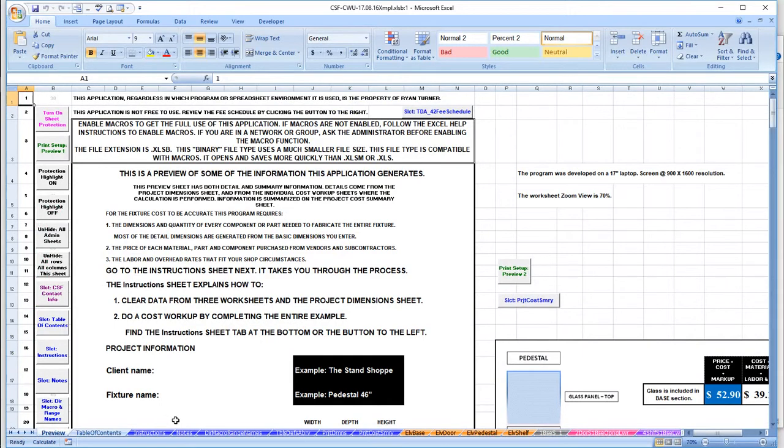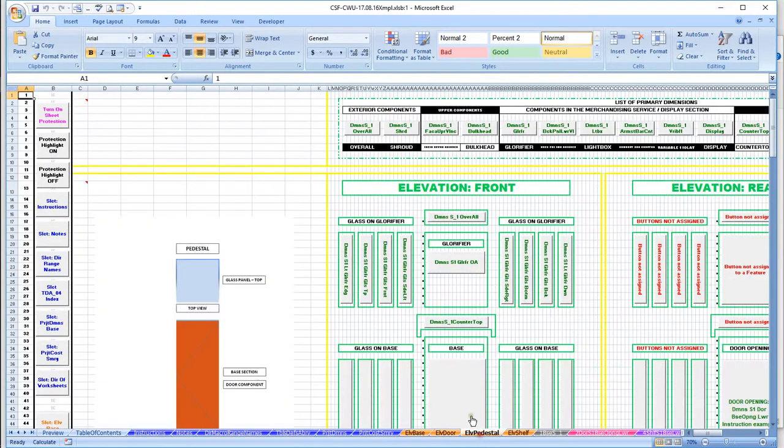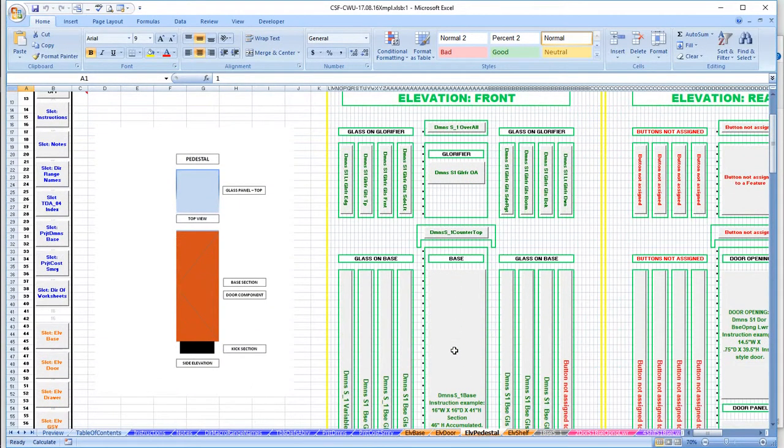All dimensions are entered on the project dimensions sheet. Looking at the project dimensions sheet instantly raises the question: how do I locate the cells in which to enter the dimensions? To assist the user, we switch to the elevation pedestal sheet. Macro buttons have been placed to schematically represent the pedestal. When a button is clicked, you are switched to the dimension cell on the project dimension sheet that corresponds to that item. In this video, we will enter the dimensions for the base, the kick,